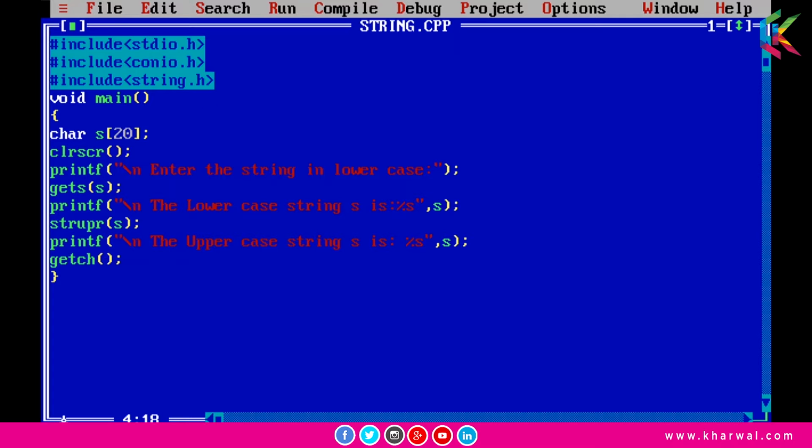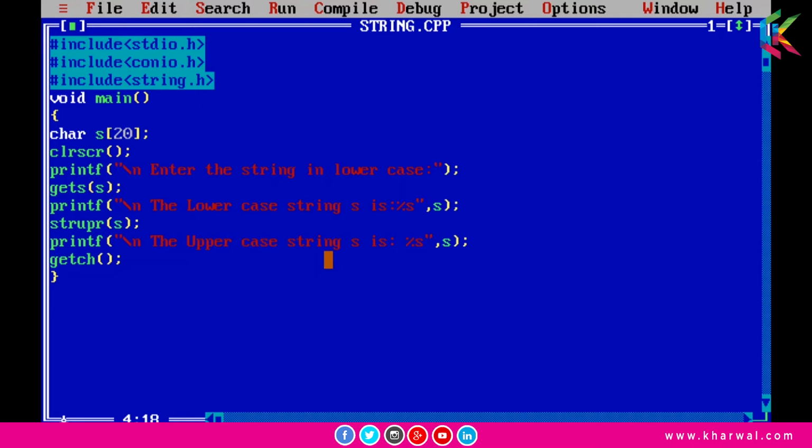After that I am using the strupr function. I will pass this lowercase string s to the strupr function, and obviously strupr will convert the lowercase string to an uppercase string, and then we can print the uppercase string by using the printf function.